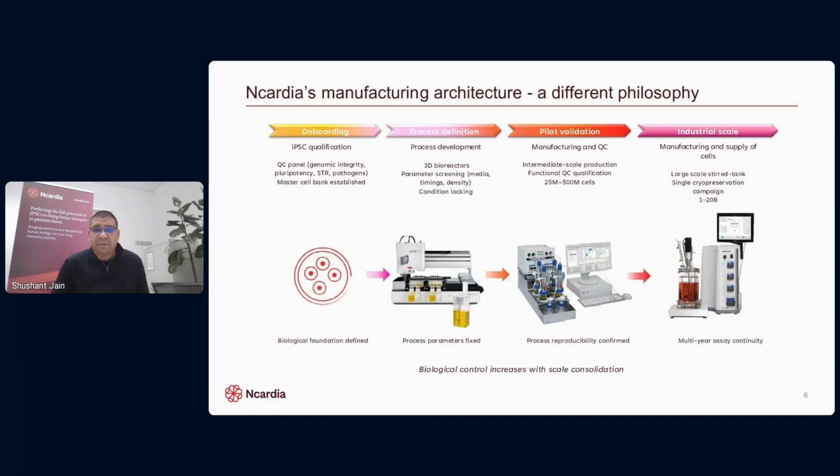And then we have post process development. We then have pilot validation or industrial scale, and this is very much dependent upon your needs. So at the pilot validation, we produce between 25 to 500 million cells. Normally, these are sufficient for initial experiments, perhaps proof of concepts. But then if you really want to support an end-to-end, large-scale drug discovery program, we can start scaling up the